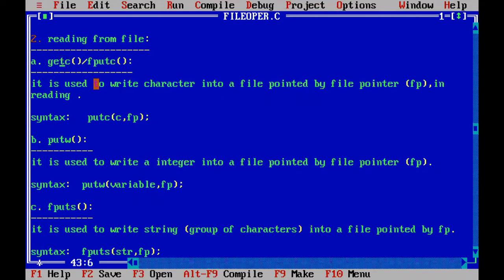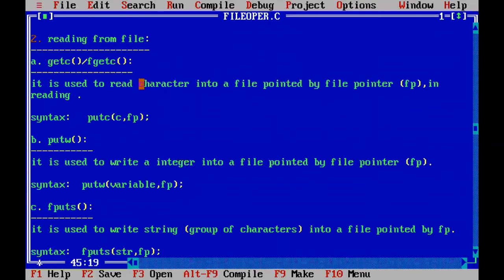There we are going to put some data into the file. When you are writing data into the file, here we are reading, that means we have to get some data from the file. So putc will become getc. Here also fputc will become fgetc. And it is used not to write the data, it is used to read the data, because we are getting data by using the getc and the fgetc functions.